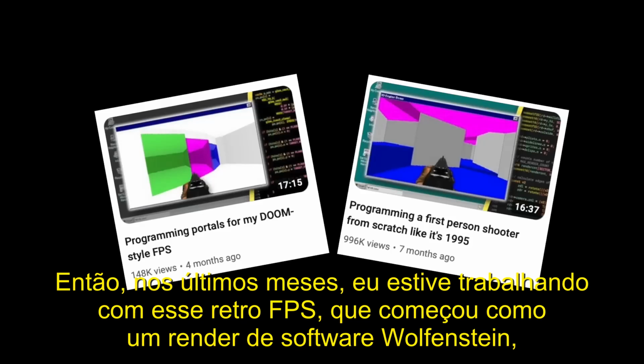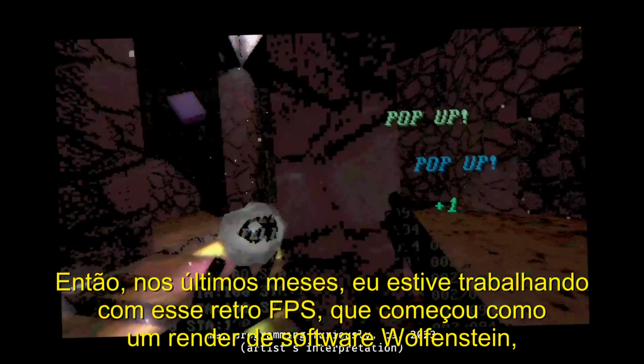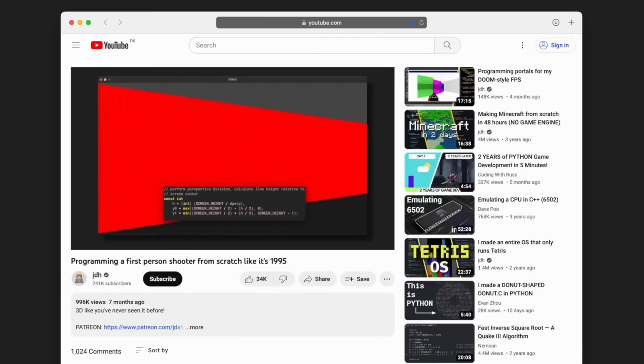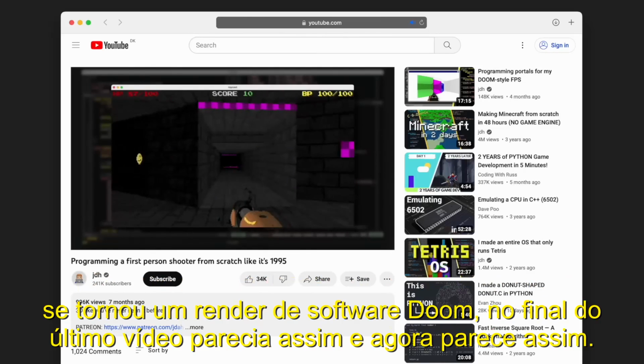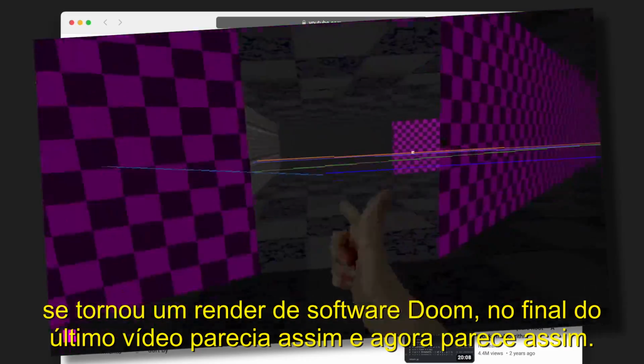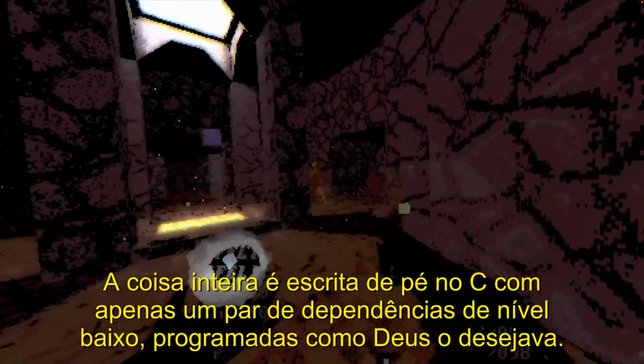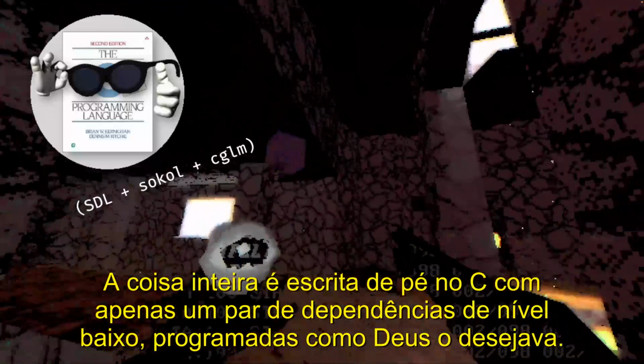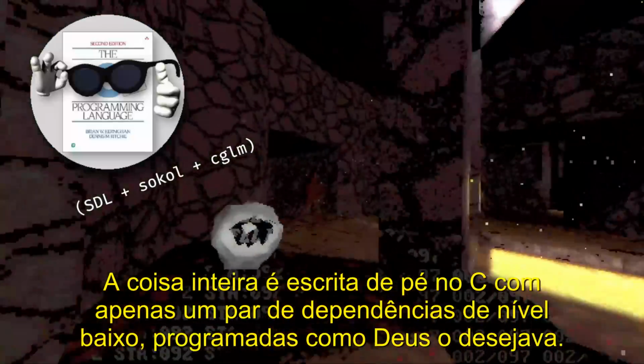So in the past few months, I've been working on this retro FPS, which started out as a Wolfenstein-style software render, became a Doom-style software render, at the end of the last video looked like this, and now looks like this. The entire thing is written from scratch in C with only a couple of low-level dependencies, programmed as God